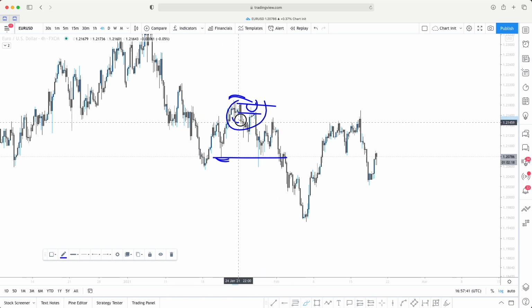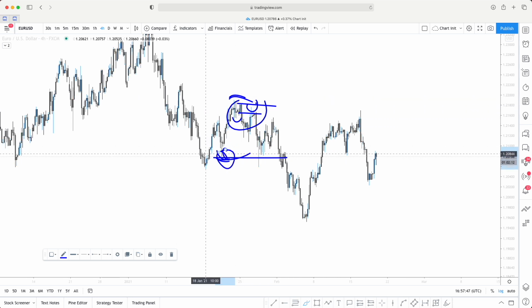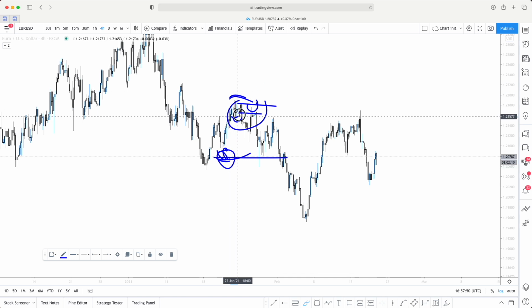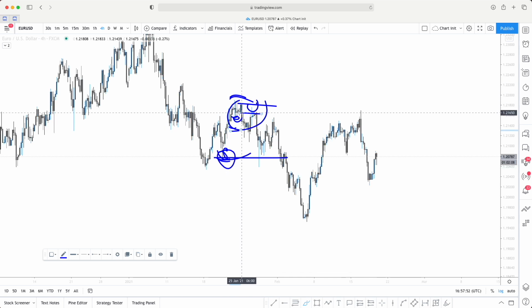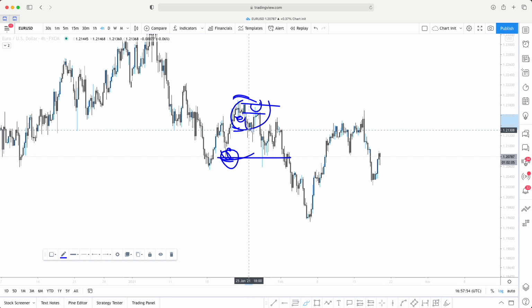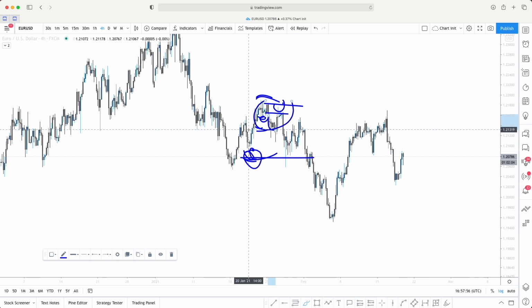Some people can say that the structure here, for example, but what created this high? It was from down here. It was whatever it was down here that created the high. So these are all only minor structures. Yes, it broke the minor structure, but is that really significant? For me, no. Okay, although that is an engulfing candle and is an impulsive move, and that impulsive move essentially